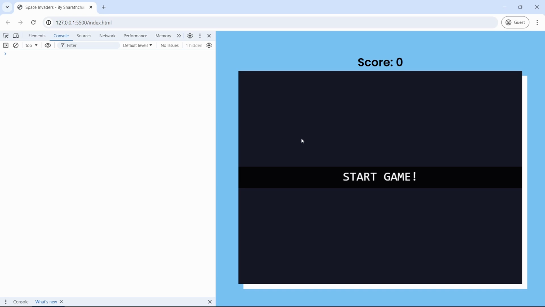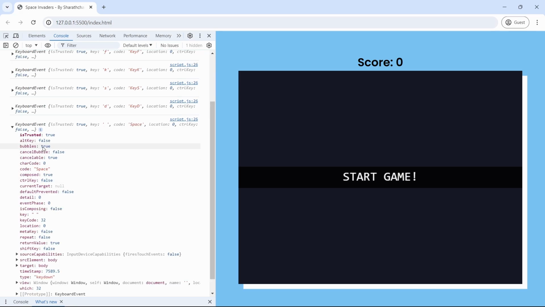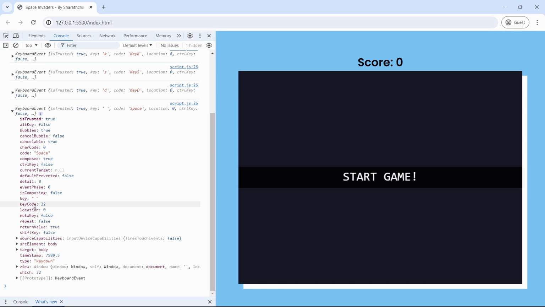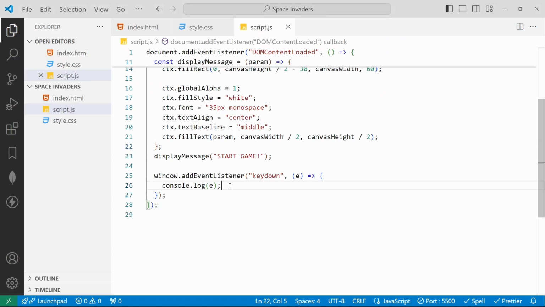If I save and go to the browser and click any of the keys, we'll get that keyboard event. If I hit space, we'll get that keyboard event. Here we can check the code of space, key of double quotes with an empty space, and then keyCode as 32. For each key, we have a different key code. With the help of this, if e.key equals empty space, or e.code equals space, or e.keyCode equals 32,